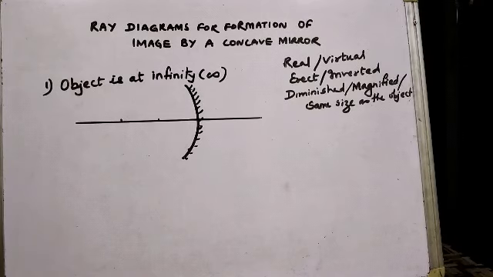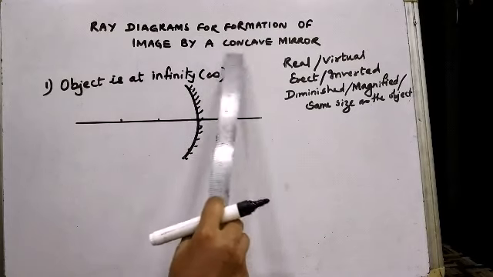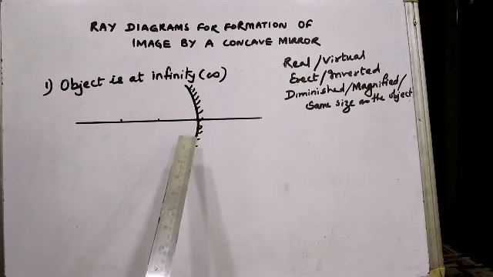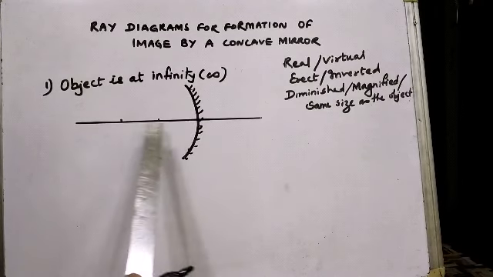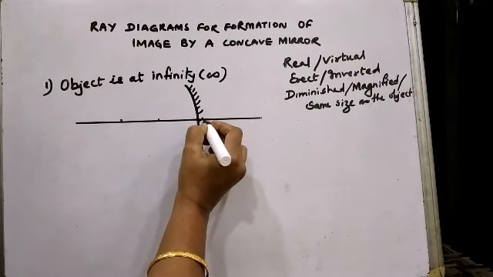Let us begin with the ray diagrams. We'll begin with the ray diagram for formation of image by a concave mirror. I have drawn a concave mirror. In a concave mirror, the inner surface is the reflecting surface. I have drawn a straight line which is passing through the center of the surface of the spherical mirror,